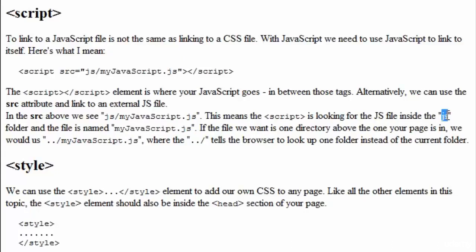If the file we want is one directory above the one your page is in, we use ../ and the ../ tells the browser to look up one folder instead of inside the current folder. Now if we wanted to go up two folders instead of just one, we'd use ../ and then another ../